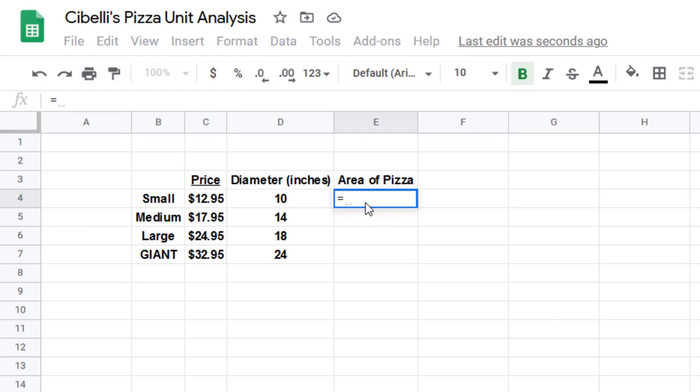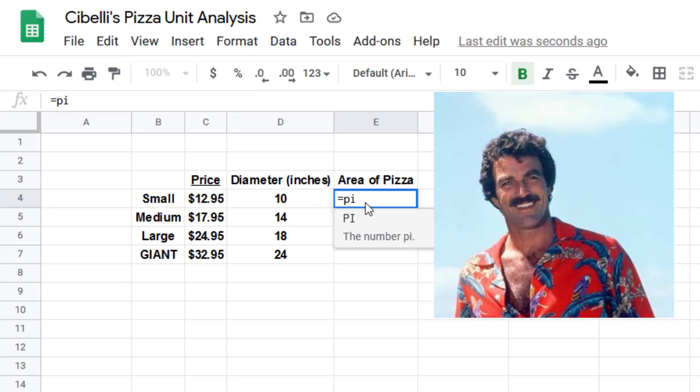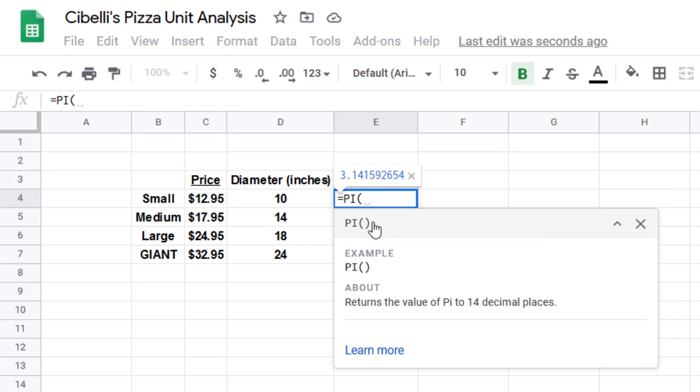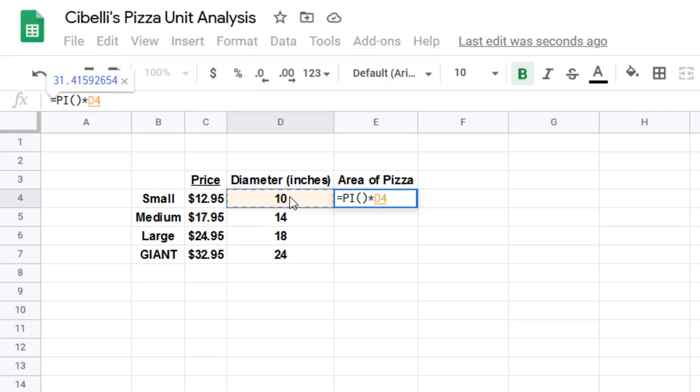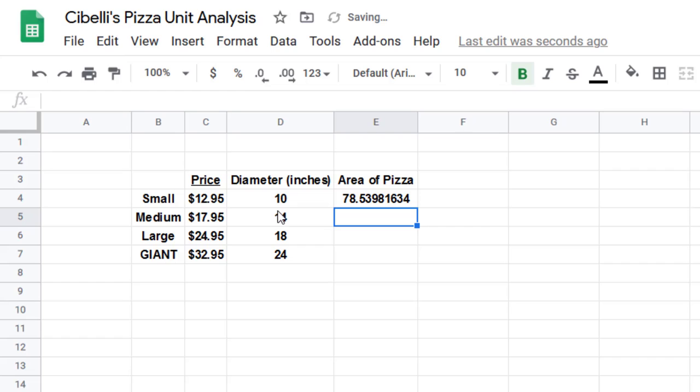I'm going to do equals. Now, what's cool about spreadsheets is if you type the letters pi, it actually comes up as the number pi. It's going to recognize pi. Now, you're going to close those parentheses off. That right there. I want to press enter just so you see what happens. If you do that, it tells you pi, and it gave you 14 decimal places. So we're going to leave pi in there. Now we've got to do times the diameter squared, and then all of that divided by 4. And there is the area of the pizza in